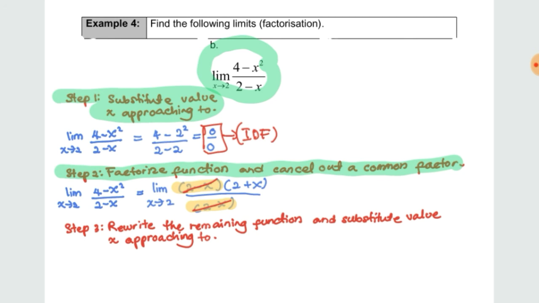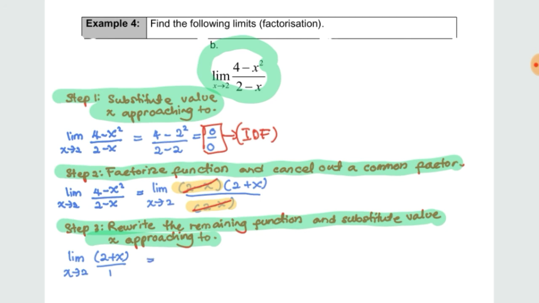And step number 3 here, rewrite the remaining function and substitute the value x approaching 2. So the remaining function here is limit 2 plus x over 1, x approaching 2. And then we can substitute the value x approaching 2, which is x equal to 2. So we get 2 plus 2 over 1. So the final answer for this question is